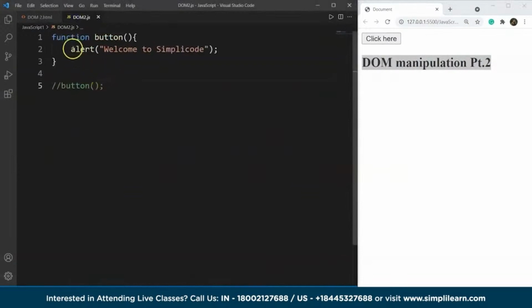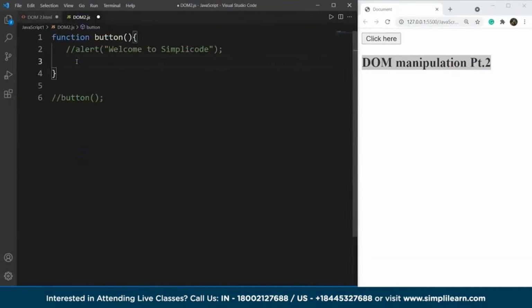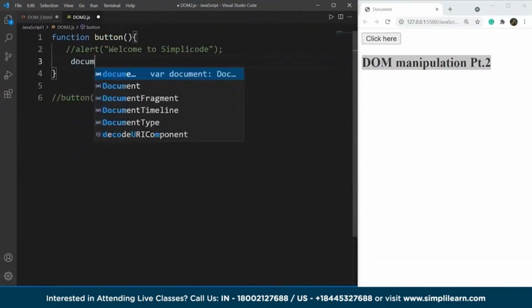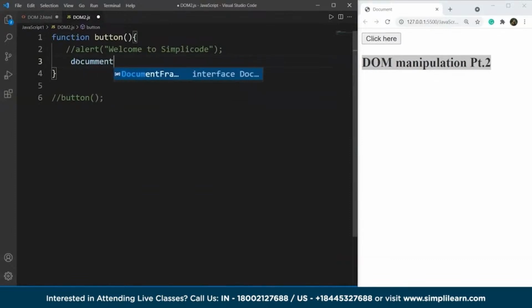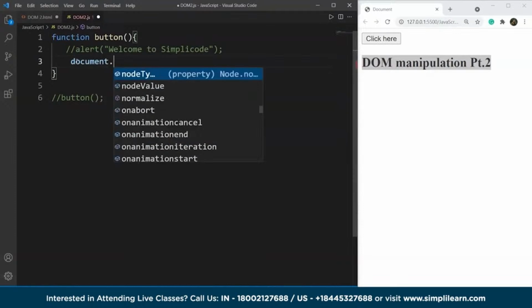So instead of writing here alert, we'll use the ID now. First we'll provide an ID to this heading tag. Let's say this heading tag has the ID named heading. So we have the ID heading for this h2 tag. Here we'll write document. As you guys know, document is also a method present within the window object, right? So we'll write here